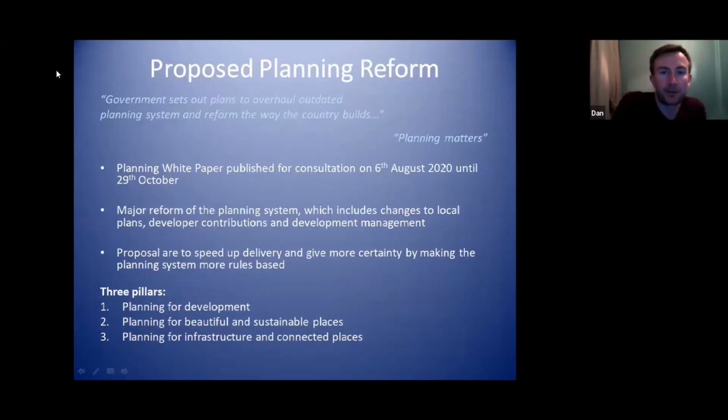And this came out for consultation on the 6th of August, and it runs until the end of this month, so the 29th. So I'll put some quotes on there from the white paper. Basically, the government is setting out plans to overhaul what it sees as an outdated planning system, and to reform the way the country builds. But importantly, it does say that planning matters,